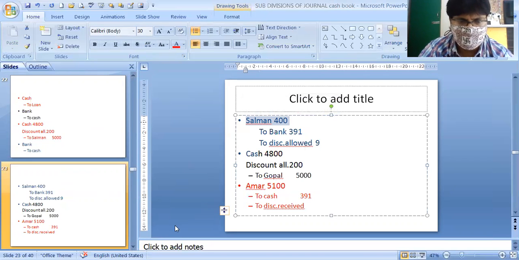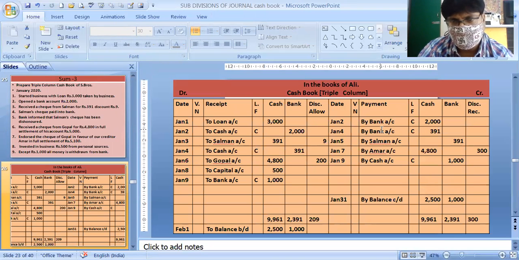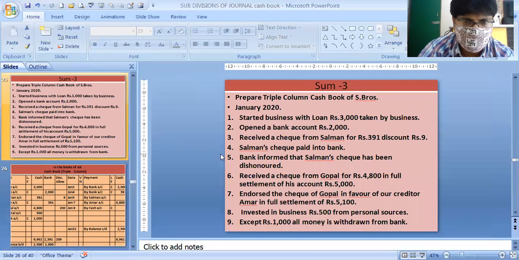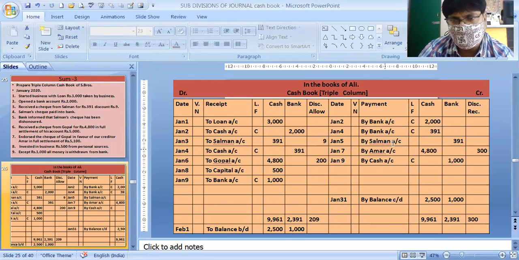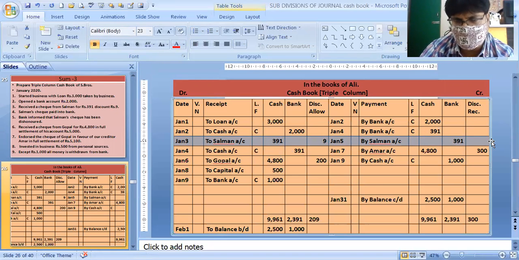And the same check has been deposited into the bank. That time we have written as by bank and to cash, contra entry, simply same as the earlier one, by bank to cash. Now January 5th, bank informed that Salman's check had been dishonored. If bank has informed that Salman's check is dishonored, we will write by Salman in the bank column. If Salman's check is dishonored, we are writing just by Salman in the bank column, the amount of the check,